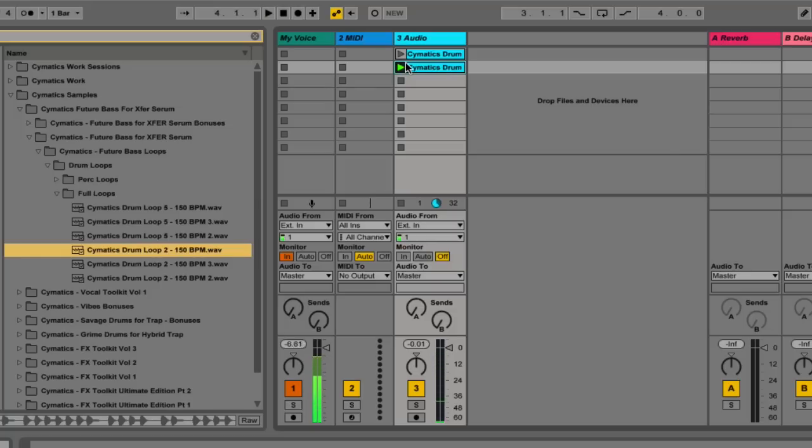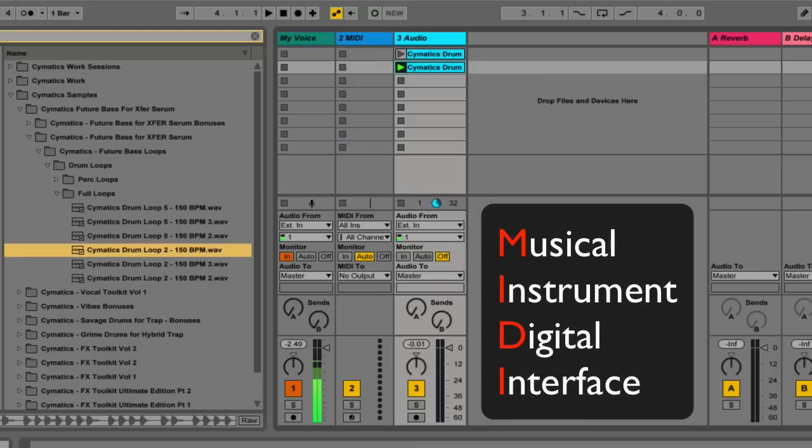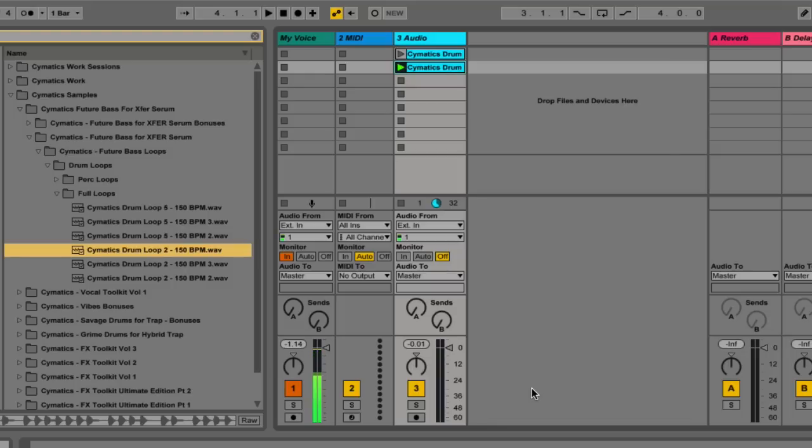The reason for this is you can have only one source of audio playing per audio track. Now, in the session view, there are not only audio tracks to test things out on, but MIDI tracks. MIDI stands for Musical Instrument Digital Interface. What that actually means is this is where you can input notes that will trigger anything from drums